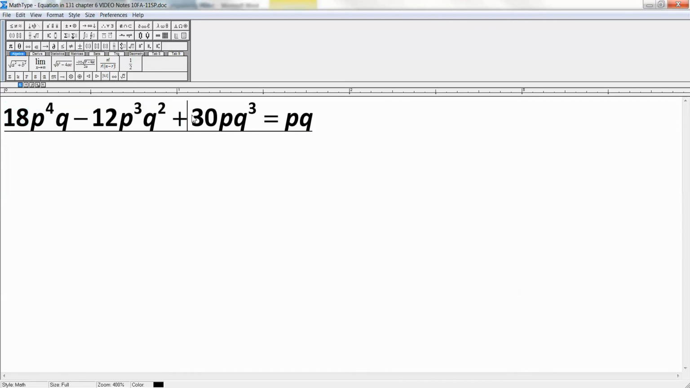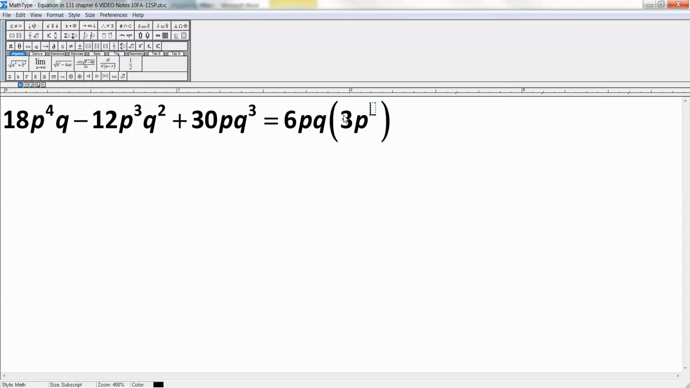Now, you might look at them and say 2. And you wouldn't be wrong. 2 does go into all of them. 3 also goes into all of them. But there's a bigger number, and you always want to go for the biggest number you can, which in this case is 6. So you make 6pq times, well, that will leave you 3p to the 3rd in the front,